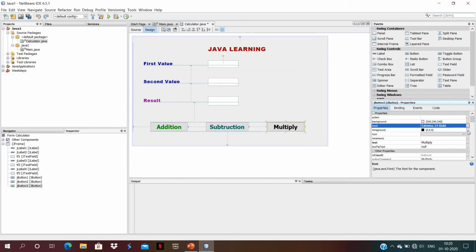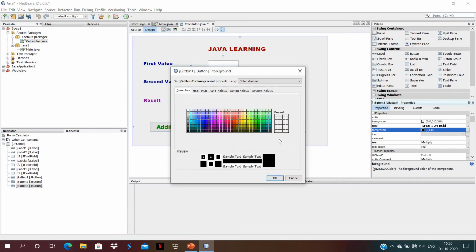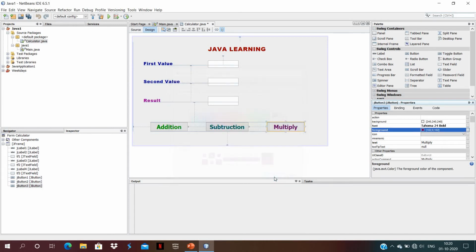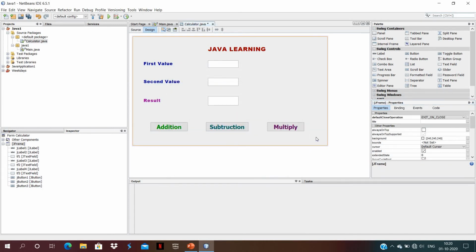After that, change the color of your text. Then OK. Okay, so our page, our designing is completed.